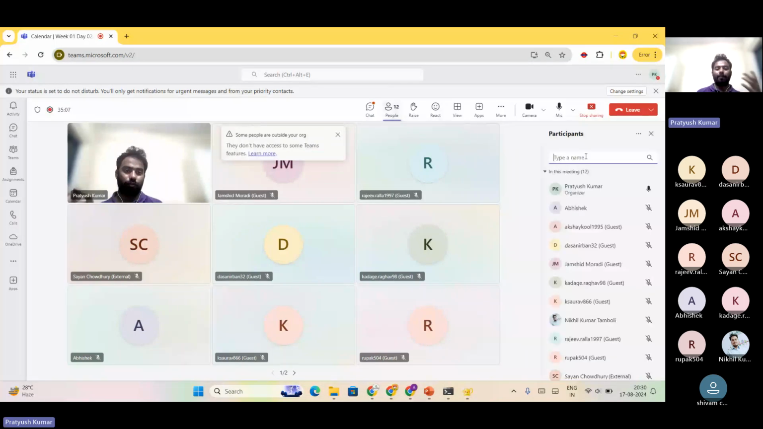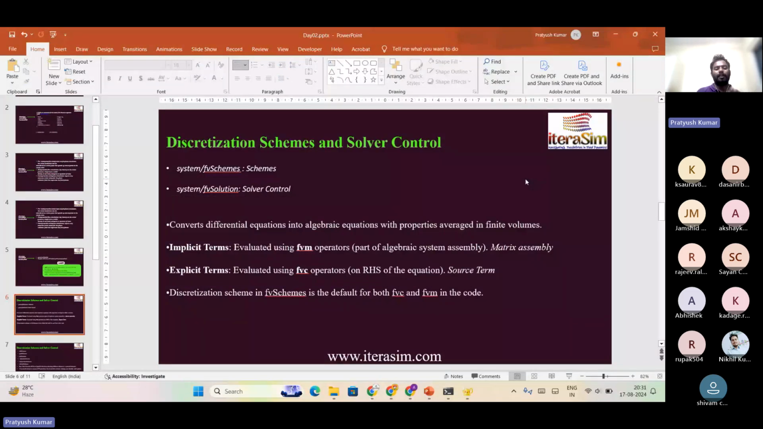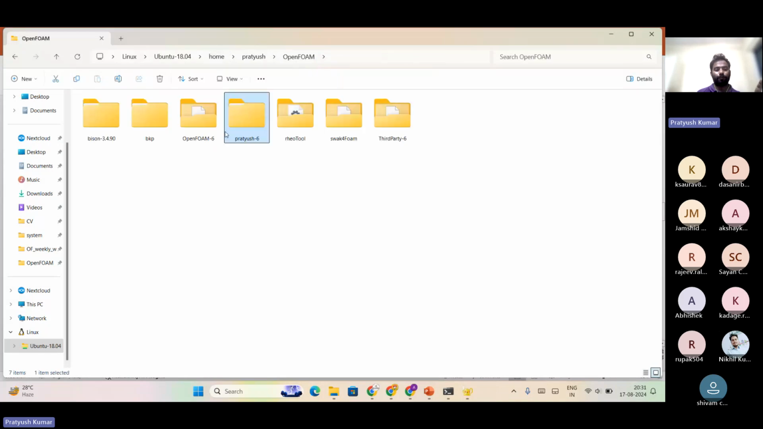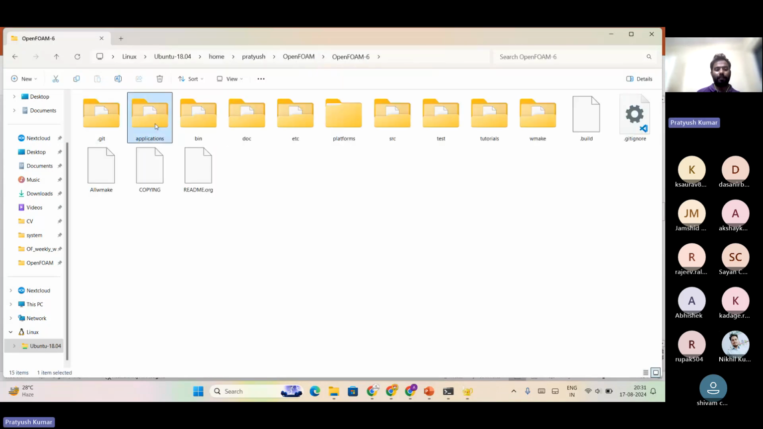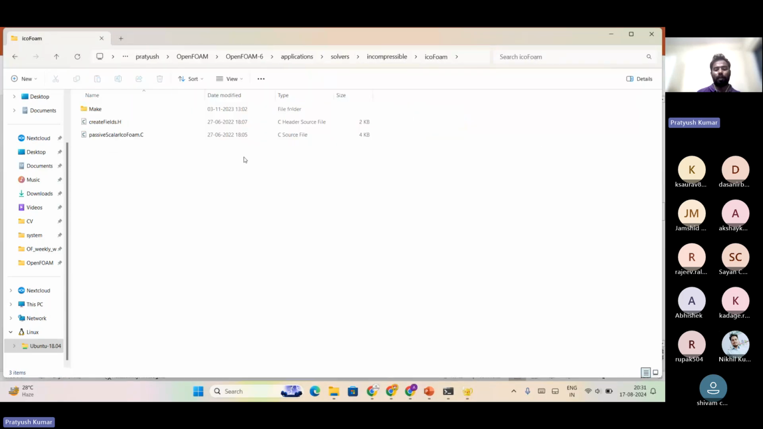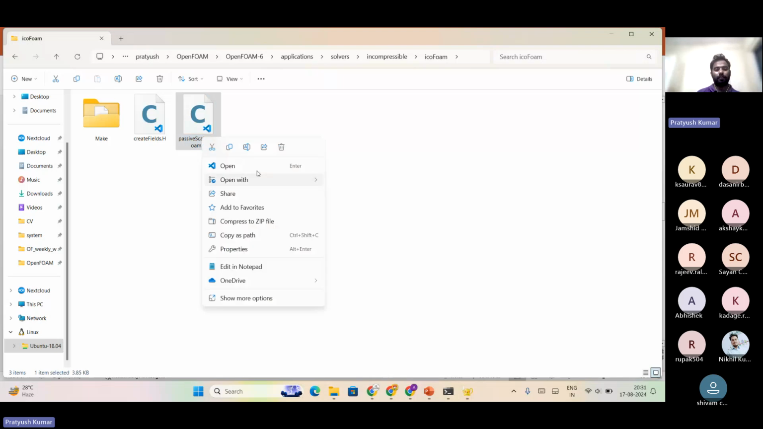Now after creating a mesh and after creating a solver, you are going to specify the schemes, that the different terms of the given governing equation should be solved using these different schemes. Those schemes are defined in this fvSchemes. What I mean to say is that if you go to the tutorial folder, solver folder, and if you go to the application and then to the solver, there is incompressible, and that icoFoam solver we are using here. Okay. Now if I open this